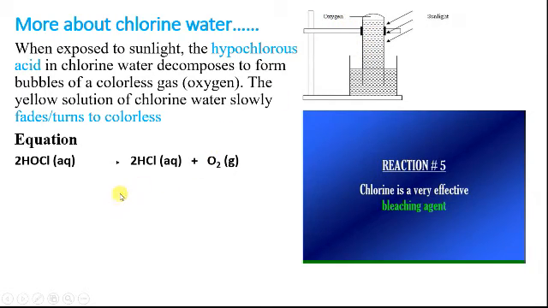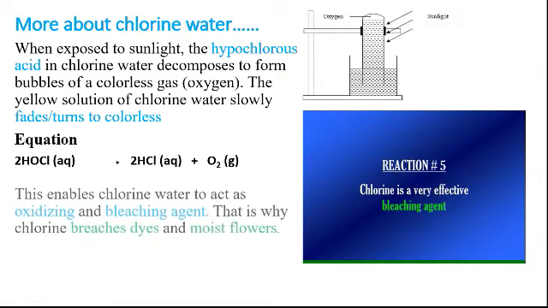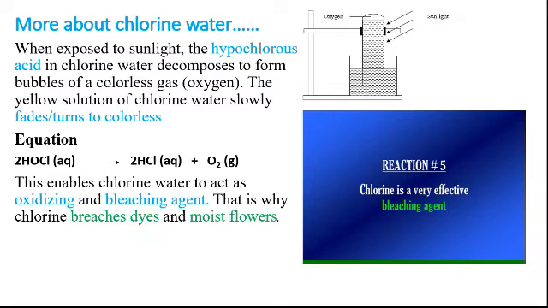colorless gas, oxygen, and this one is a very important property of chlorine water because it acts as an oxidizing agent and at the same time as a bleaching agent. This is why chlorine bleaches dyes and moist flowers. Oxidation means giving away oxygen or giving oxygen to a substance. Giving oxygen to a substance is what we call